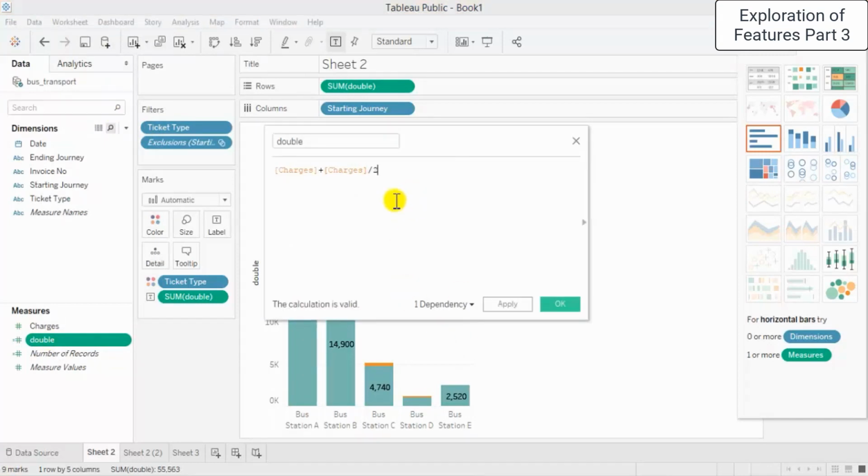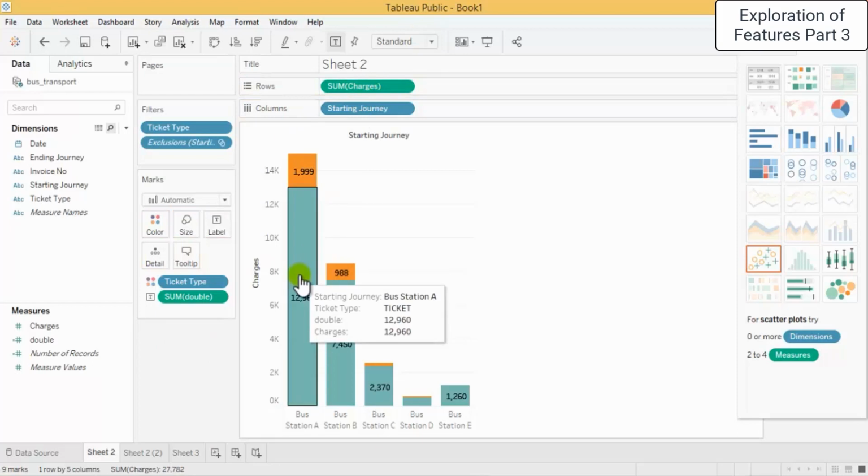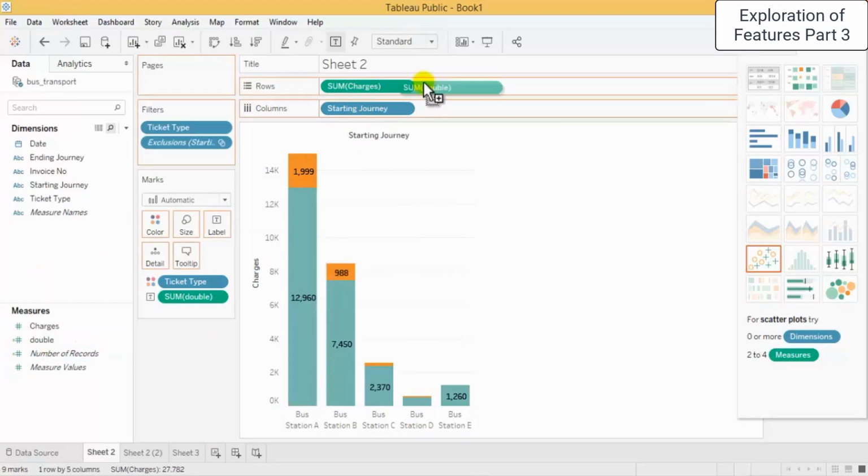We take divide by 2 of the complete addition because it goes with the mathematical notations, and yes, values on both the ends are same. It's 12,960 for tickets and 1,999. The same values are for this. Okay, now